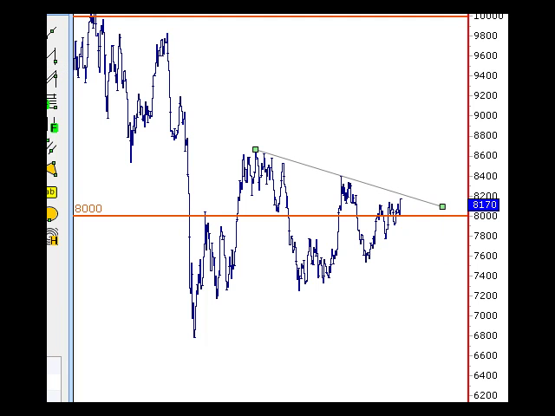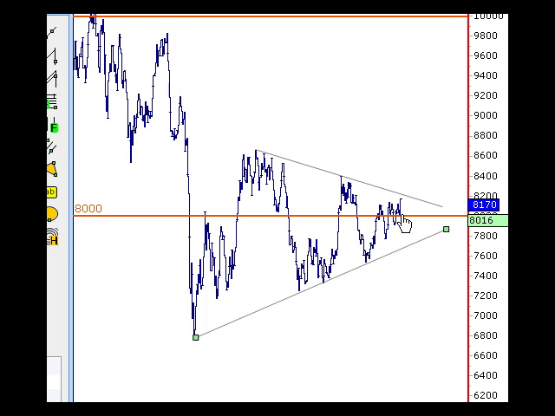corrective triangle, and the thing with triangles is they are continuation patterns. So if something is coming from this direction and you get a triangle, then it will break lower, and that's the same for the upside as well. So if we came from the upside here and we had a triangle here, then it would only break to the upside because they're continuation patterns. So we can see that we're going to be getting resistance through here as well,